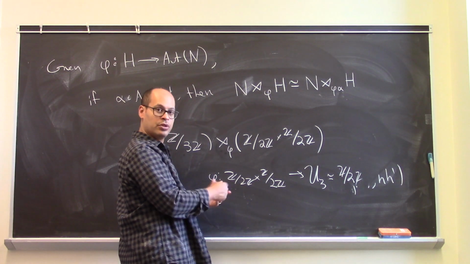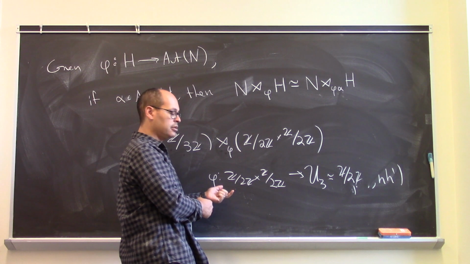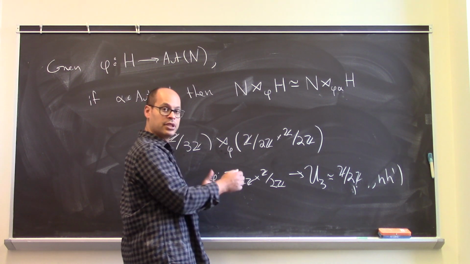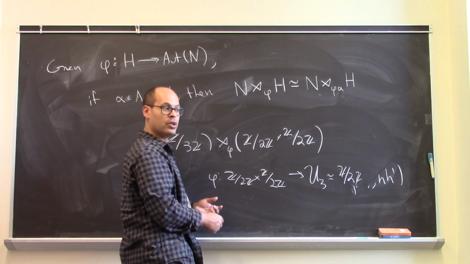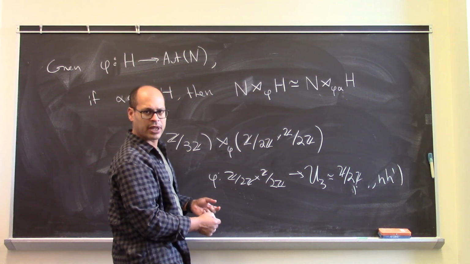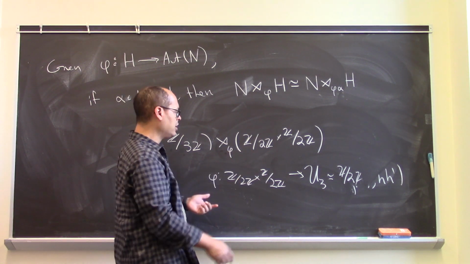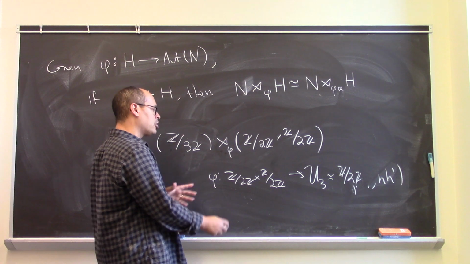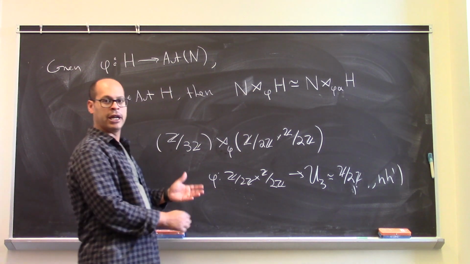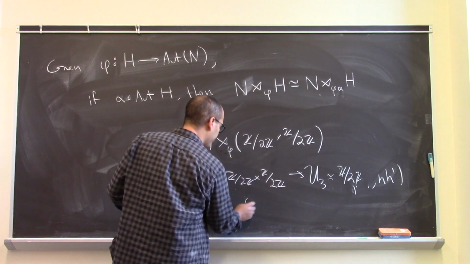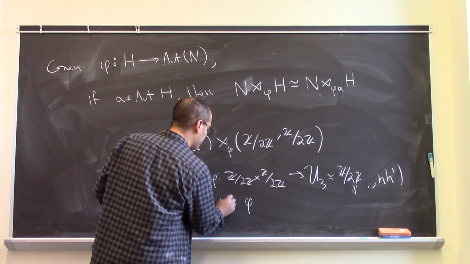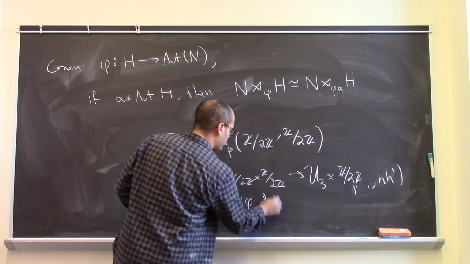So I'll have to choose a subgroup of order 2 to mod out by, and then an identification of Z mod 2 with Z mod 2. There's only one such identification, taking the non-trivial to non-trivial. So such a phi is exactly determined by what subgroup I'm modding out by. Okay? So a non-trivial phi is determined